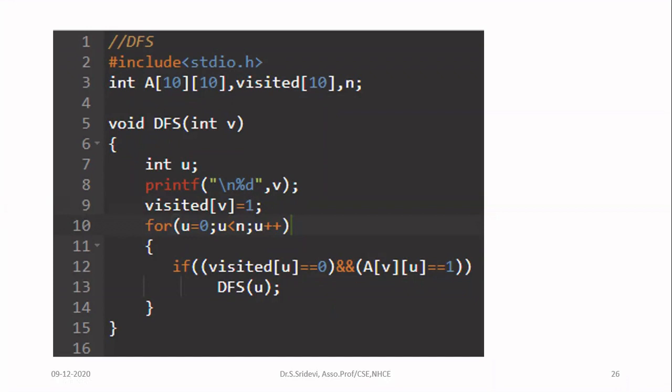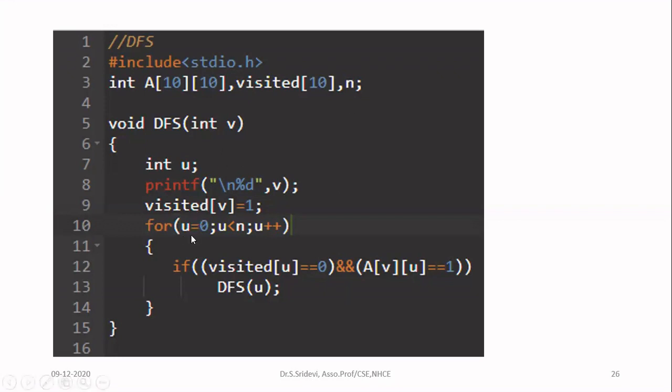You have to pick one neighbor which is not visited. So I told that you search in the alphabetical order. If you have ABCD, you will search in the alphabetical order. Here we have numbers, so we will search in the ascending order. So I am going to search for all the neighbors. Here U is going to be my neighbor. V is the node I am considering and U is the neighbor. So I am going to start with all the neighbors in the alphabetical order.